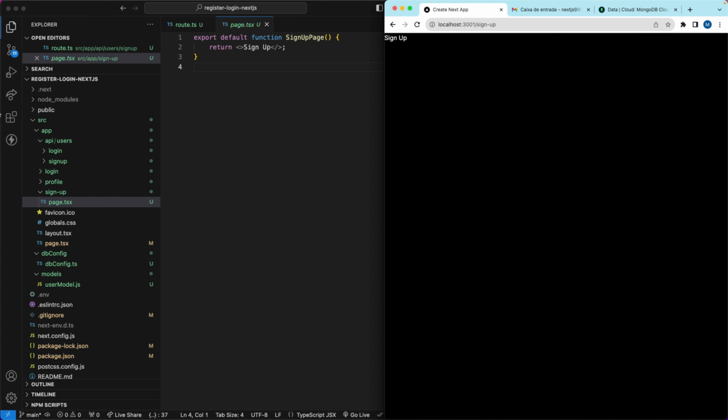Sorry, I forgot to include the username. Yep, username, email, and password. So if this is not empty, because the length is bigger than 0, I want to do